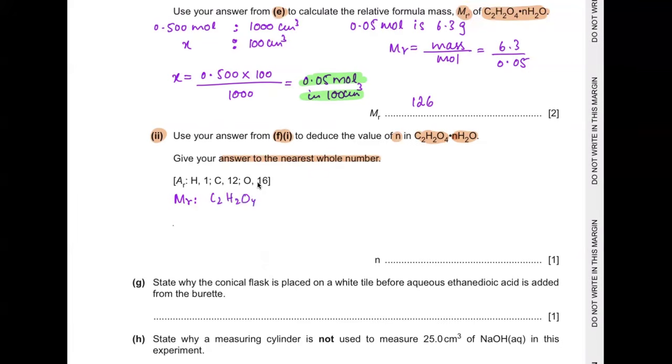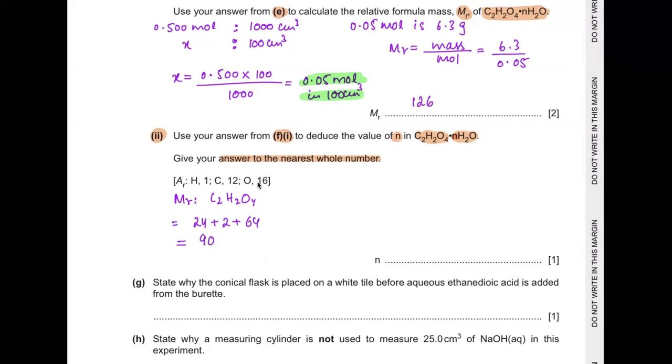It is going to be 24 because of two carbons, two for two hydrogens, and 16 times 4 is 64. So 24, 26, and 64 makes 90, isn't it? So 90 is the